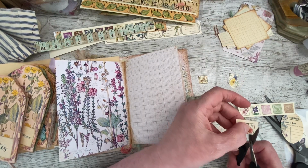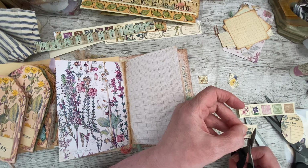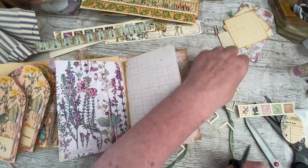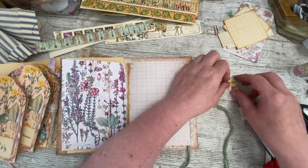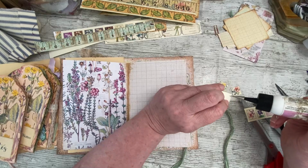I have gone through the phase of cutting everything out and putting it into ephemera books, so you can just flick through. It doesn't work for me, it doesn't inspire me, and most of the time I can't find the books, if truth be told. So yeah, these are a lot tinier as well. What I did was I just